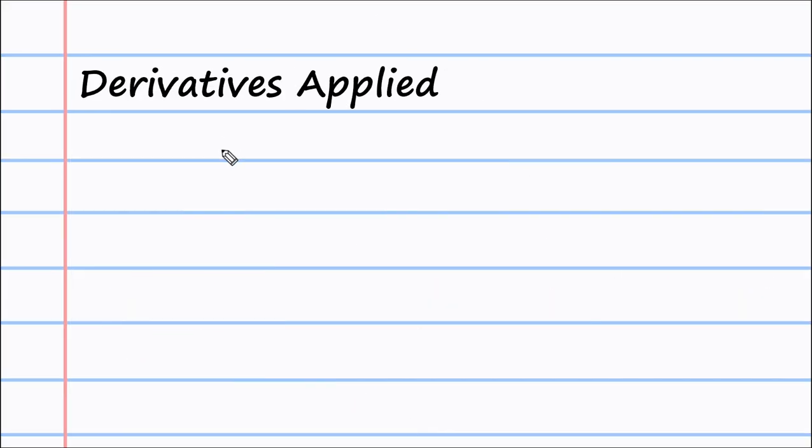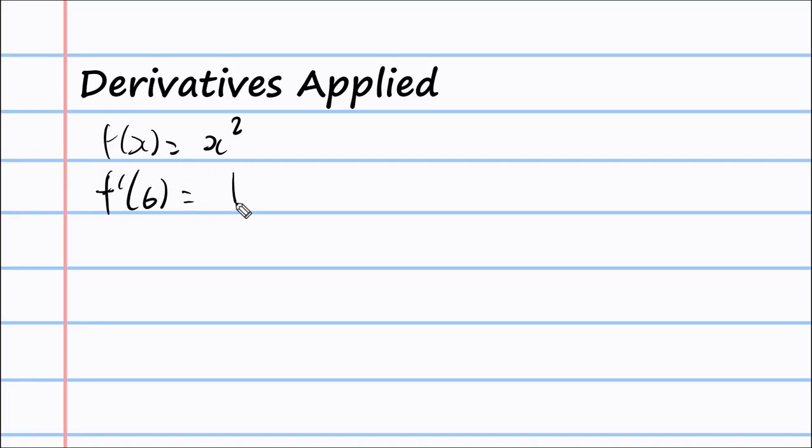Now, let's look at how we would use the limit definition of the derivative to evaluate some derivatives, okay? So if I have the function f of x equals x squared, and I want to evaluate the derivative of f at x equals 6, I would write this as f prime of 6, okay? F prime of 6